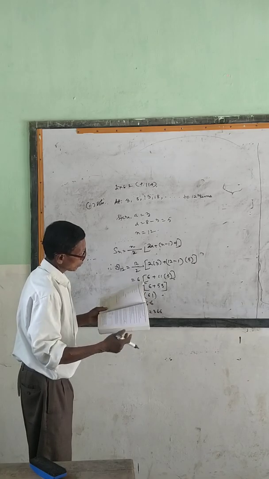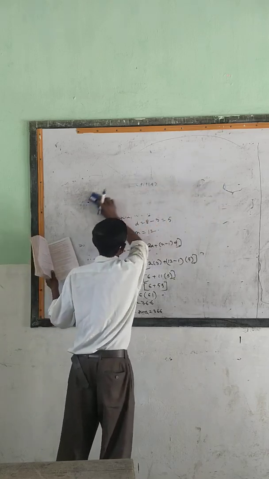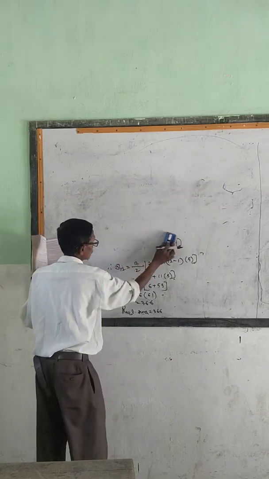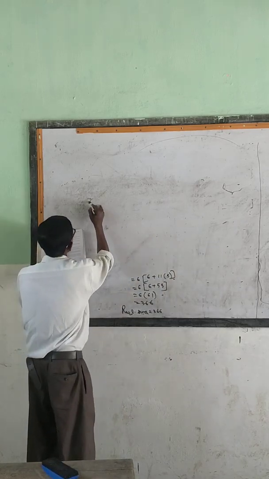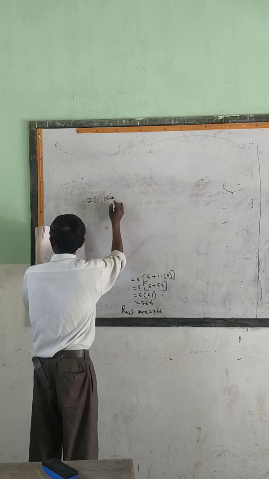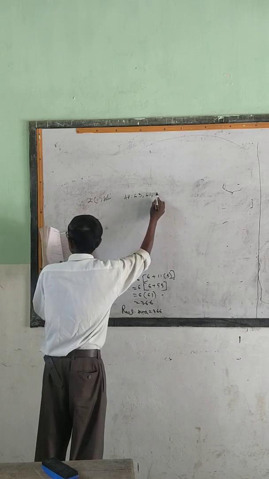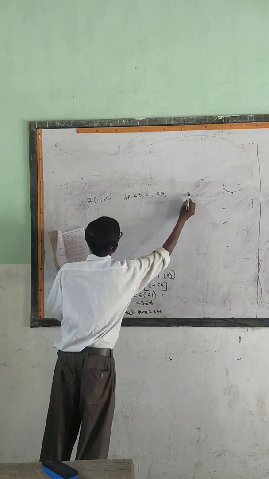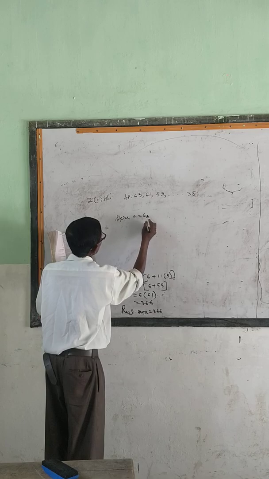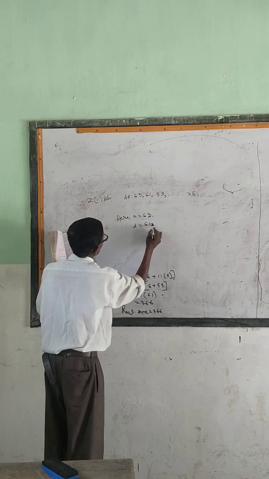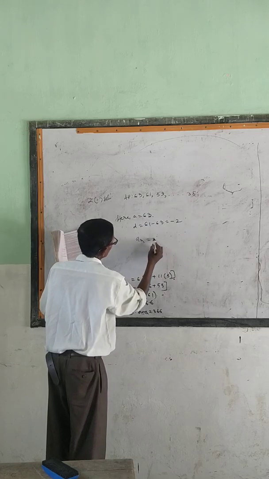Let us come to question number 2, Roman number 1. Now I am removing this. Now let us come to question number 2, number 1. This is an AP, how much? 63, 61, 59, 35. See here, A will be how much? 63. D will be 61 minus 63, minus 2. This should be treated as an. an equal to 35.